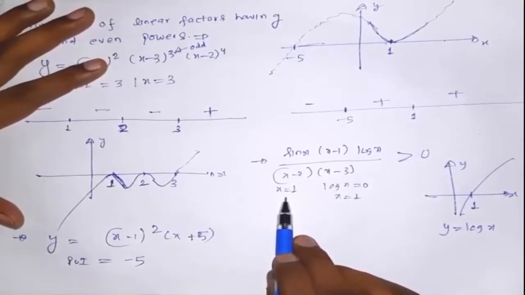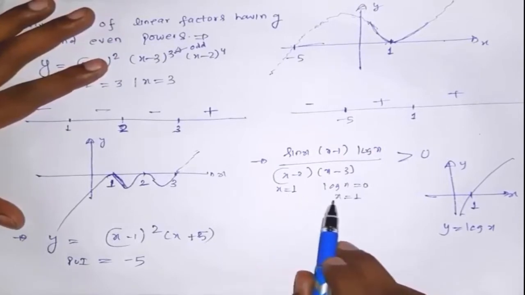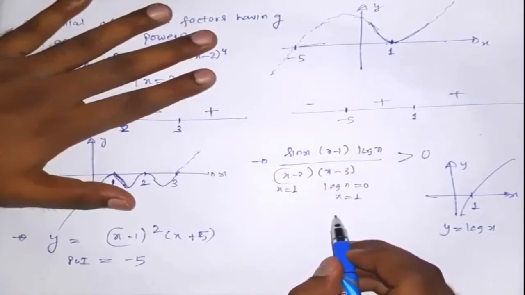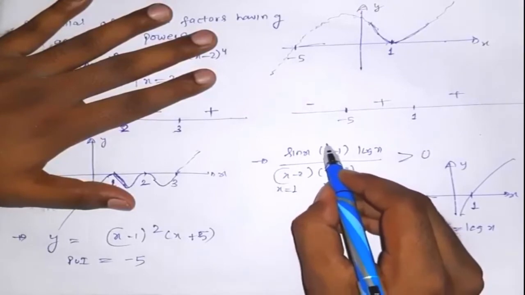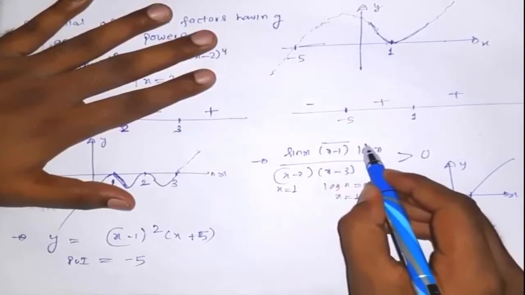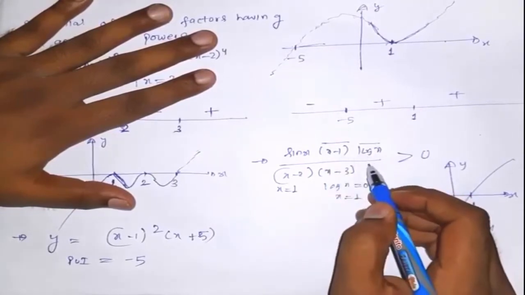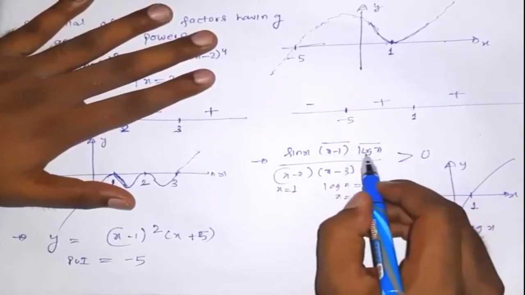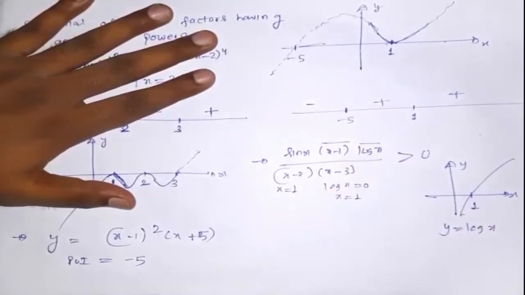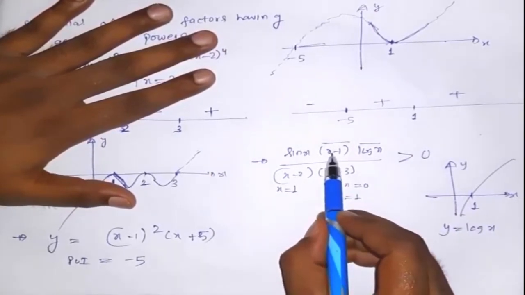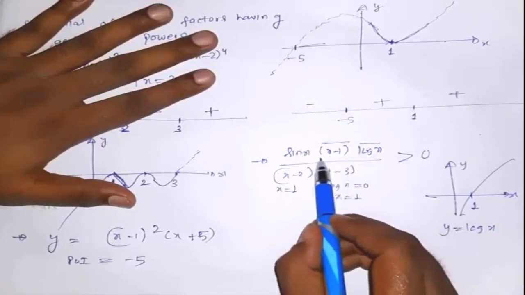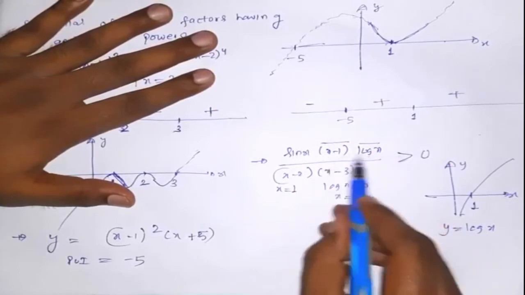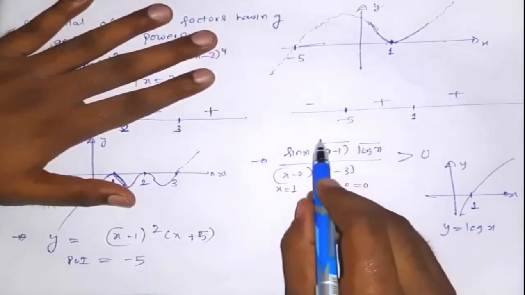So for x greater than 1, this will be positive, and this will also be positive. For x less than 1, this will be negative, and this will also be negative. So both are complementing each other. We can consider this as an even power of (x minus 1), because both have the root x equals 1. So x equals 1 will definitely not be a point of inversion, because the meaning of this and this is the same. We are getting the same value of x by putting both the factors equal to 0.